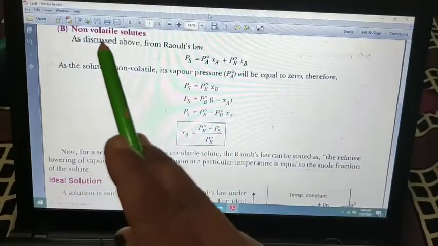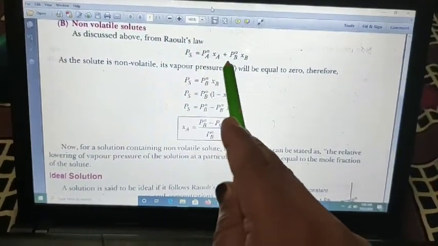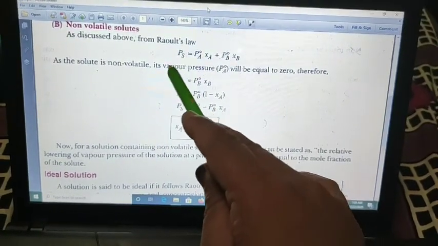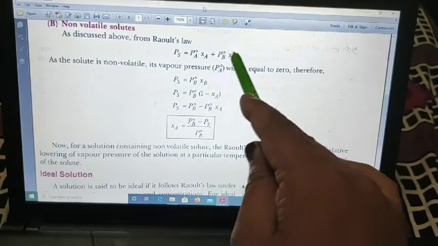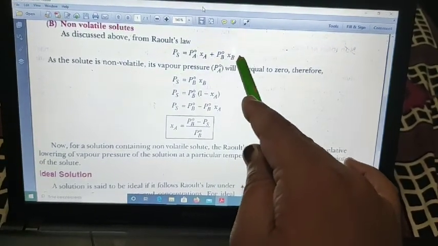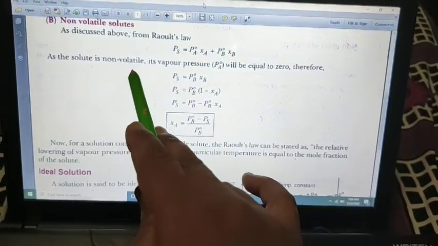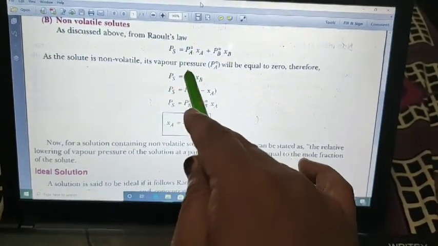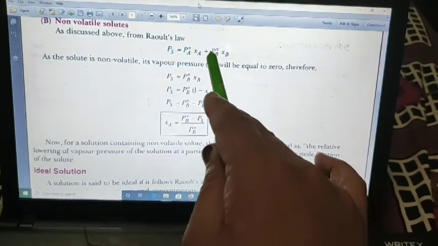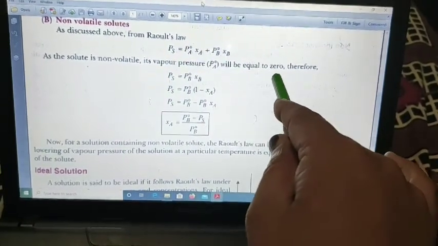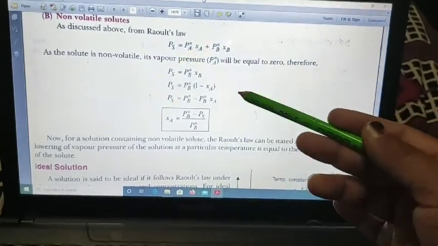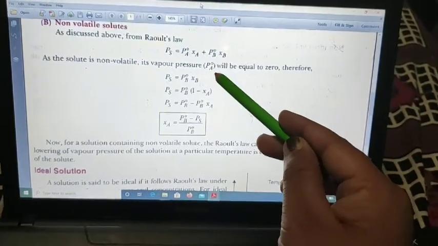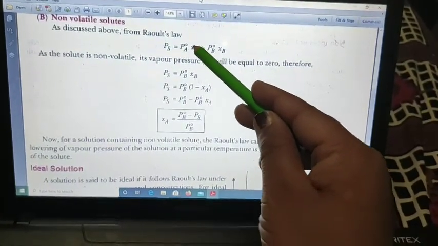As discussed above, from Raoult's law we came to this equation: the vapor pressure of the solution will be equal to the sum of the vapor pressures of the individual components. As the solute is non-volatile in this case, its vapor pressure PA naught, that means for the solute, will be equal to 0, because a non-volatile solute does not produce any vapor, so it will not have a vapor pressure. So by putting PA naught equal to 0 in this equation,